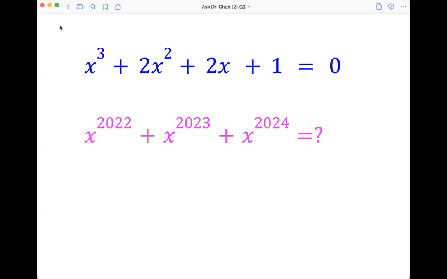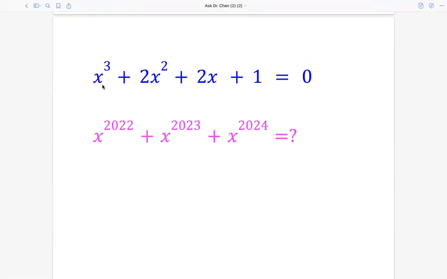Let's see this question. So we're given this equation, x cubed plus 2x squared plus 2x plus 1 equals 0. And we're asked to evaluate x raised to 2022 plus x raised to 2023 plus x raised to 2024. So let's see if we can solve for x. Ideally, if we can solve for x,